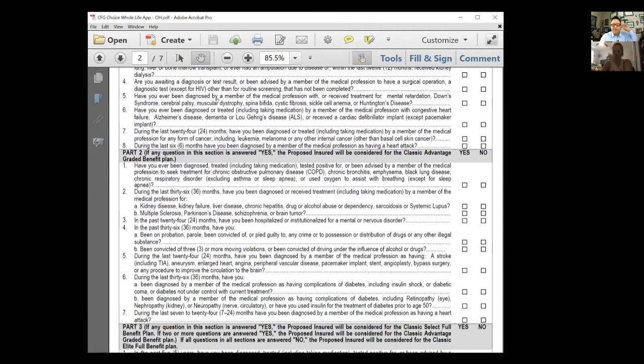Have you been diagnosed with and received treatment for mental retardation, Down syndrome, cerebral palsy? This goes into some of the major conditions: muscular dystrophy, spina bifida, cystic fibrosis. The stuff that will definitely end your life sooner. The other ones here: have been diagnosed or taking medication for congestive heart failure, Alzheimer's, dementia, Lou Gehrig's disease, cardiac